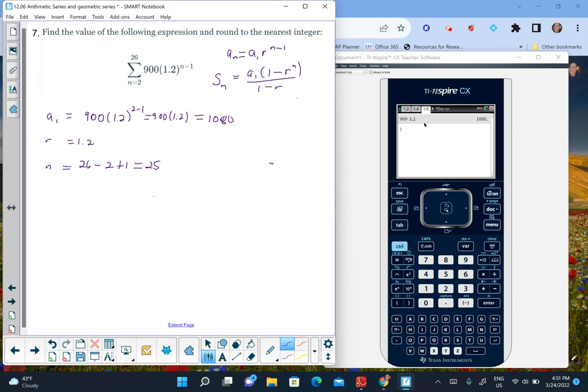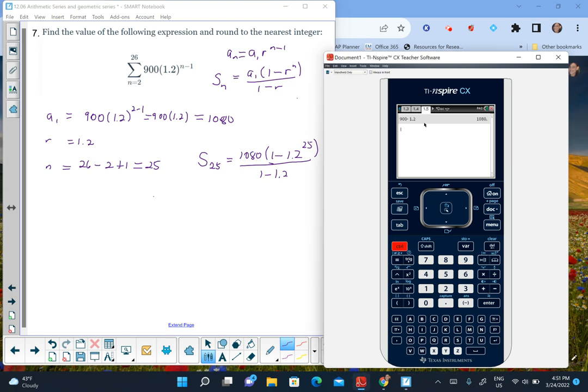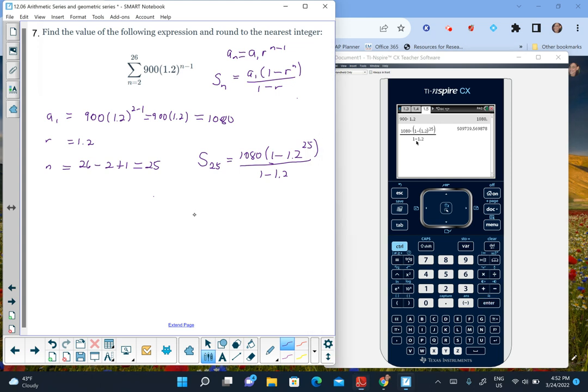We're now ready to substitute into the formula. So S sub 25 is equal to 1080 times (1 minus 1.2 raised to the 25th) over (1 minus 1.2). So in the calculator, we're going to do control division, 1080, parentheses, 1 minus 1.2 caret 25. In the denominator, we do 1 minus 1.2, and we're going to write down all those digits,